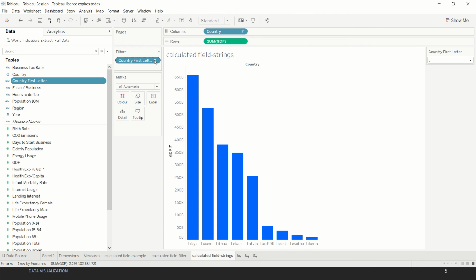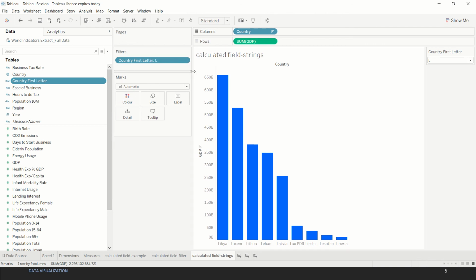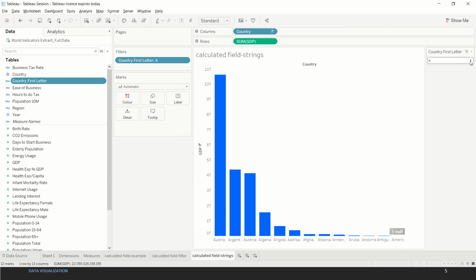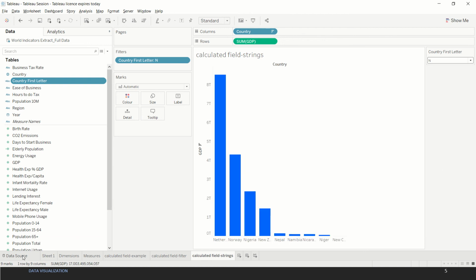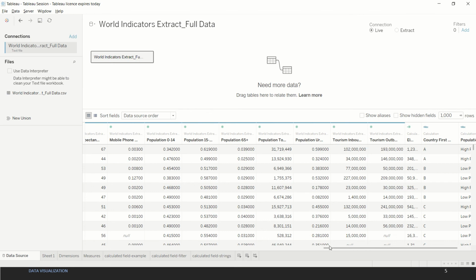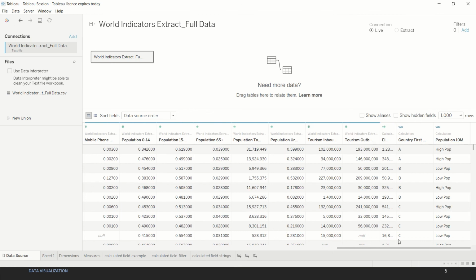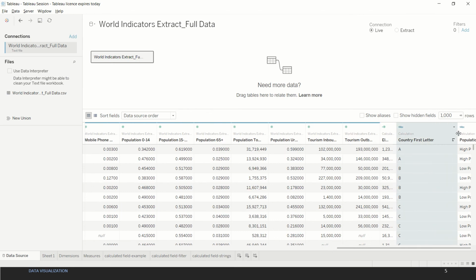Now like in the previous sheet, you just drag this calculated field to the filter shelf, and then you show filters, and this time I've used the drop down menu. So if I use a specific character, we can filter the data accordingly. Also note how this has been populated in our data source sheet.